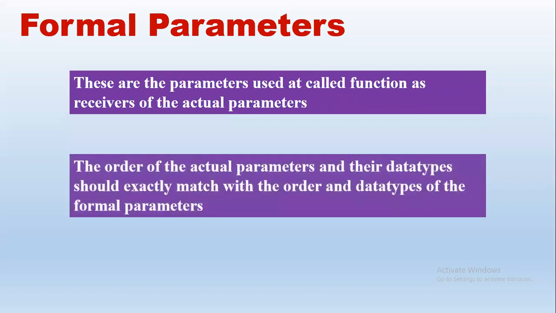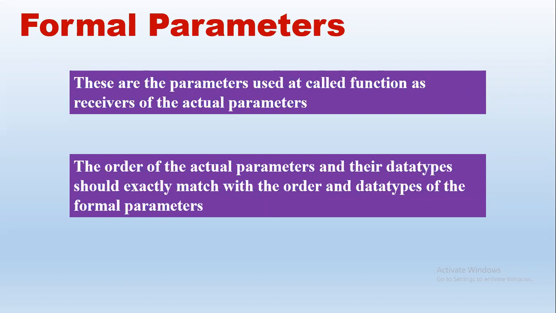We will see examples also. So here there are three main things. The order, the data type, and the number should match between the actual parameter and formal parameter. Order, data type, and number of parameters. So if we have in actual parameters int comma float, that means there are two parameters. The data types are int and float. Order is int followed by float. So even in the formal parameters, we should follow the same. Formal parameters should also be int comma float. Names may be different, no problem. Here we may give int a comma float b.